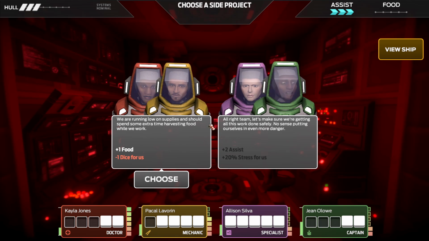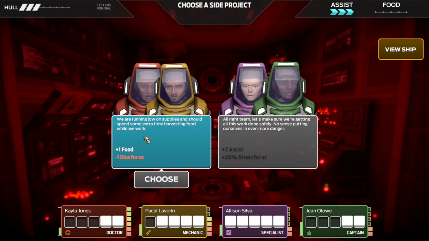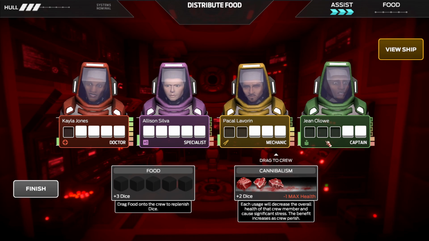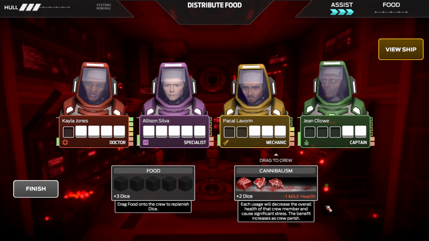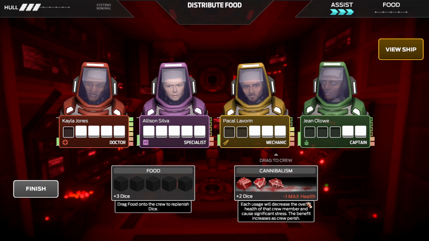Alright, what do we got here? Food for dice or assists for stress? No, let's go the food for dice, and we should be able to recover there with a little bit of extra food for Kayla. But I'll tell you what, Jean and Pakal, I'm not happy about them either. What we could do is we could dive into some cannibalism. You know, we do have a dead crew member on ship, and